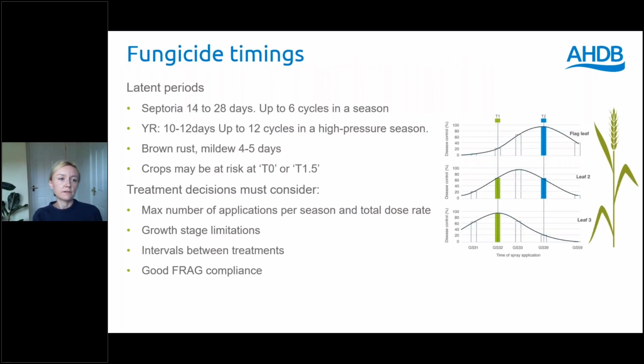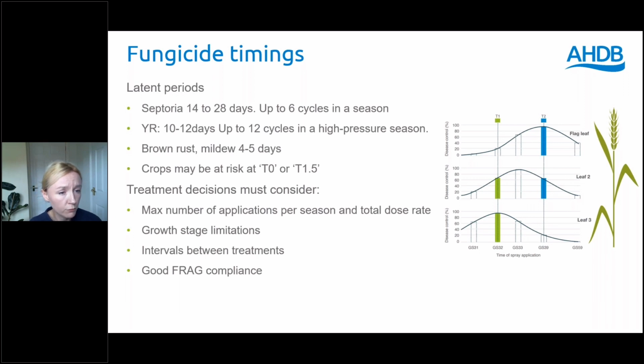The next thing to think about is fungicide timing. Traditionally, fungicide timings are designed for septoria, and that's always the way it's been. The problem with that is, first, latent periods. So we have very traditional T0s, T1s, T2s, and T3s. That comes back to the latent period of septoria, which they say can be anywhere from 14 days up to 28 days. It's probably more than that, to be honest, probably 31 to 32 days in certain environments. But if you have a very fast cycling septoria isolate, you can get up to 6 cycles in a season. And that's really where the traditional timings came from, along with the leaf layer emergence.